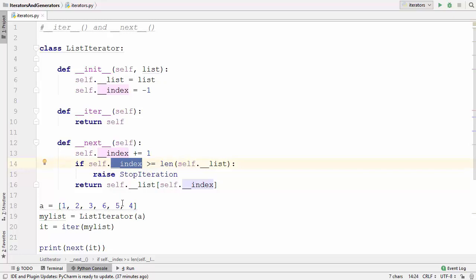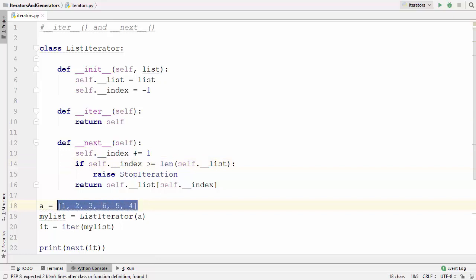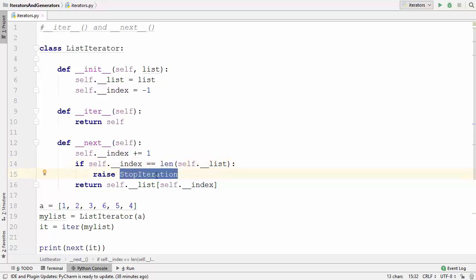So let's raise this exception, and what this condition is basically going to do is, until the last index, which is, for example, in this list, the last index is 5. So until the last index, everything will be okay. But as soon as this index becomes 6, which is the length of your list also, so the length of the list which has 6 elements is 6. But index will go up to 5 because the index starts from 0. So as soon as this index is equal to the length, which means the iterator has been exhausted, we can also write double equals here. As soon as the value of index becomes the length of the list, we can throw this exception.